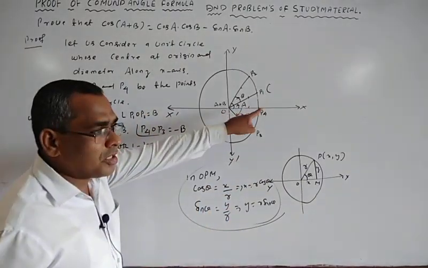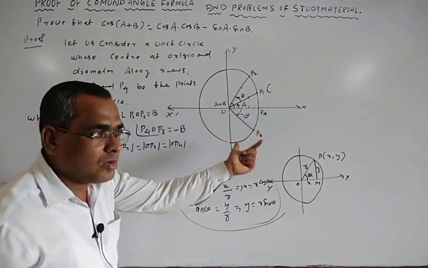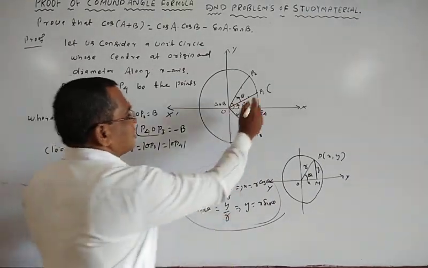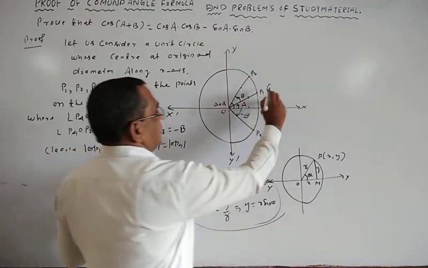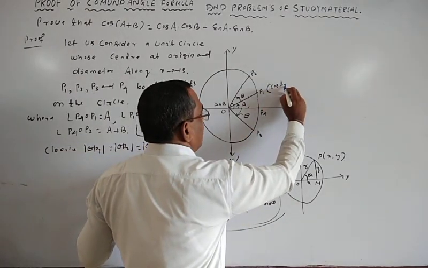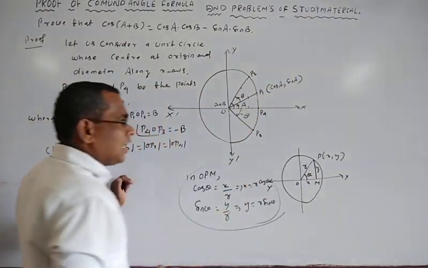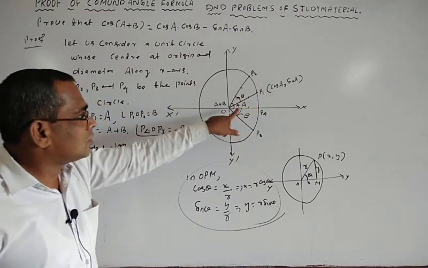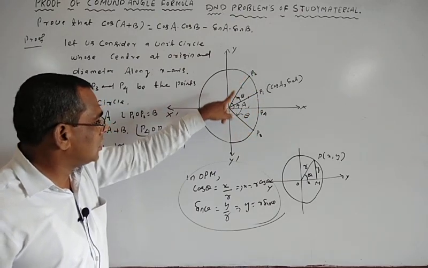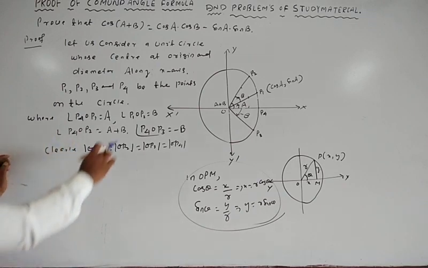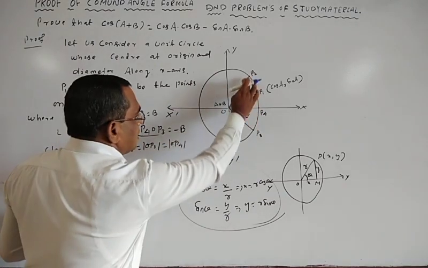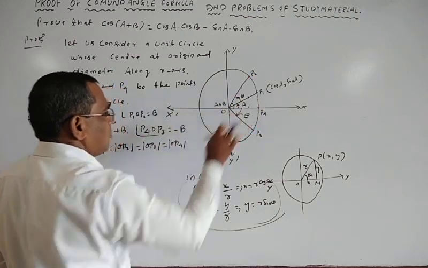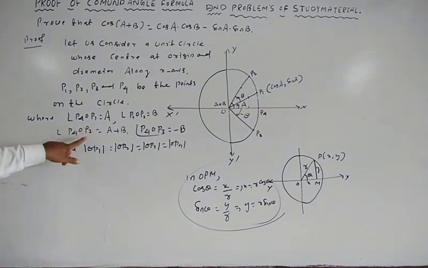So what is the coordinate of the point P1 in parametric form or polar form? This is equal to r cos theta, r sin theta. Here r is equal to 1 and theta is equal to A. That is equal to cos A, comma sin A. Okay. Next, what is the coordinate of the point P2 in the parametric form? Clearly this line OP2 makes an angle A plus B with the positive direction of the x-axis.